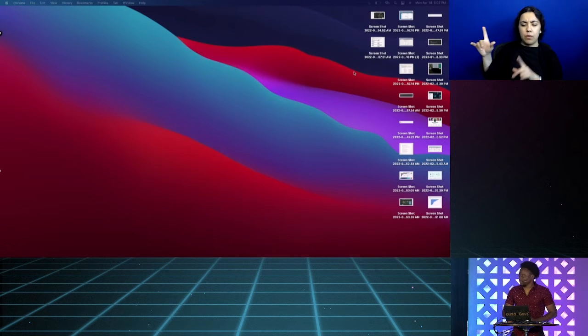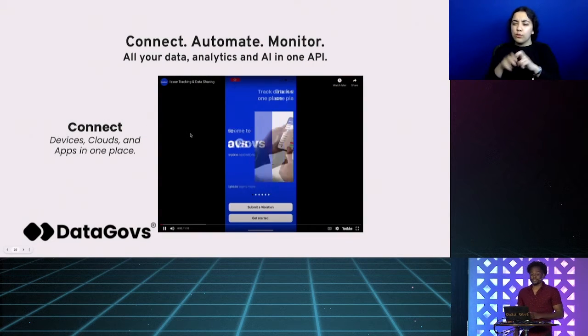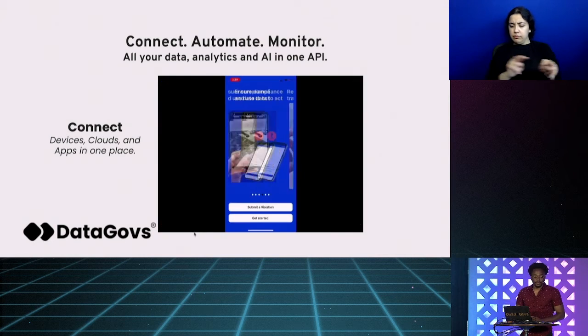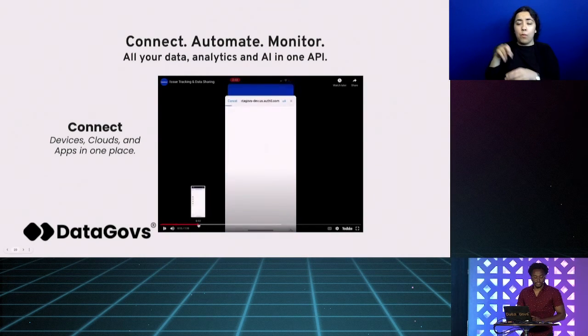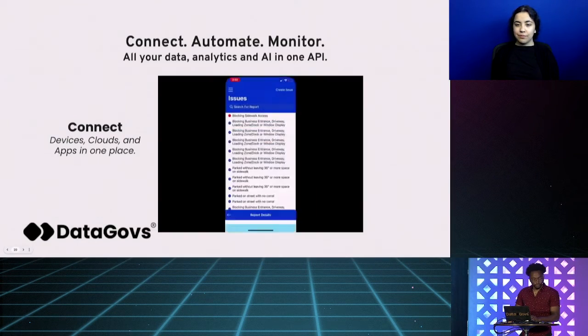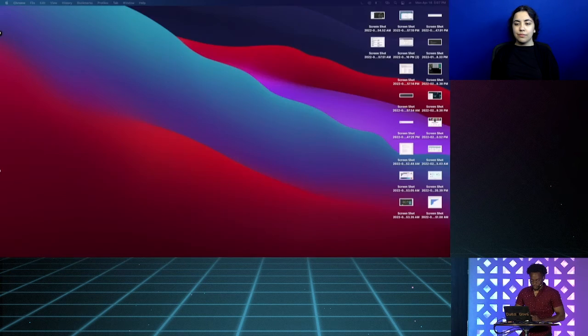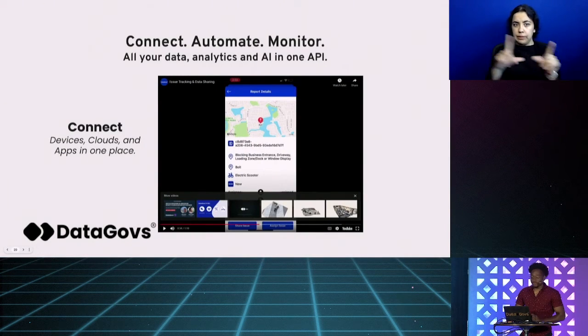Oh, it disappeared. All right, let me go back to it. Okay, great. So they're using this API to do things like issue tracking for all their different IoT and machines. Simply, they can use our mobile app interface or their own interfaces to track data for, such as 311 requests. Don't know why it's going in and out, but to get to the point, they're able to track issues in real time using this application.